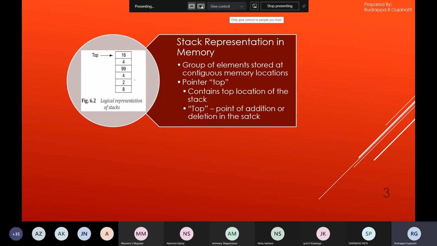Now when we are dealing with the stack, we have another important thing to note down. We make use of one special pointer which is termed as top. In a linked list, we had seen special pointers to identify the first element and the last element, named first and last. In this case, we have to make use of a pointer which is termed as top to access the top element of the stack.